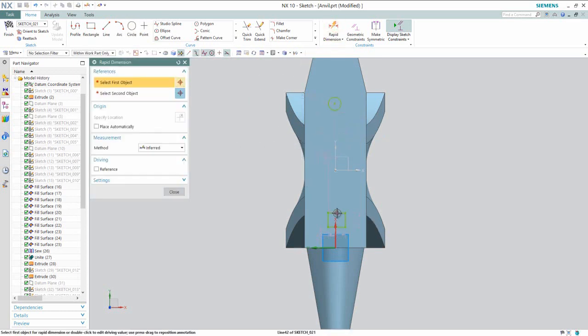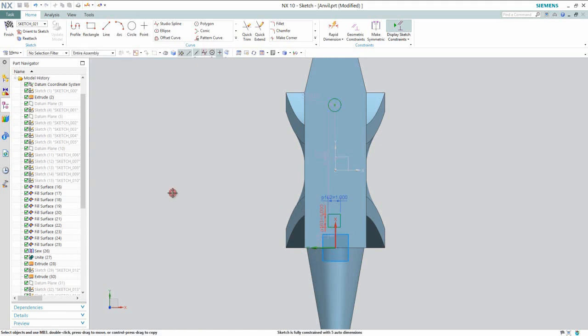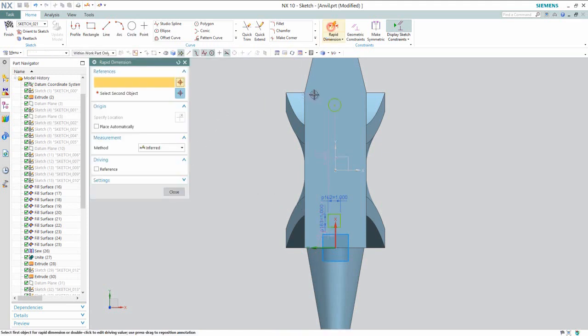OK, and we will apply the dimension on the rectangle. And set the diameter of the circle 1 inches. OK.